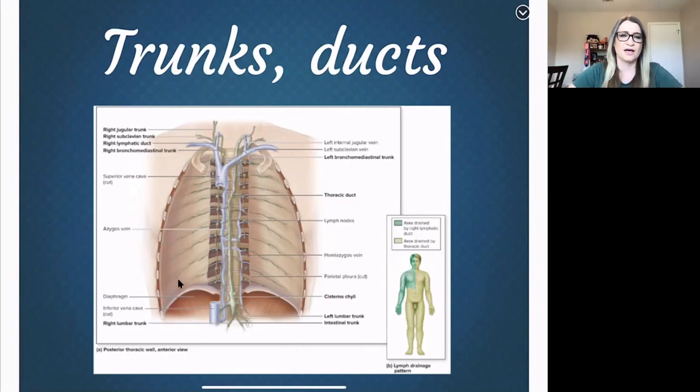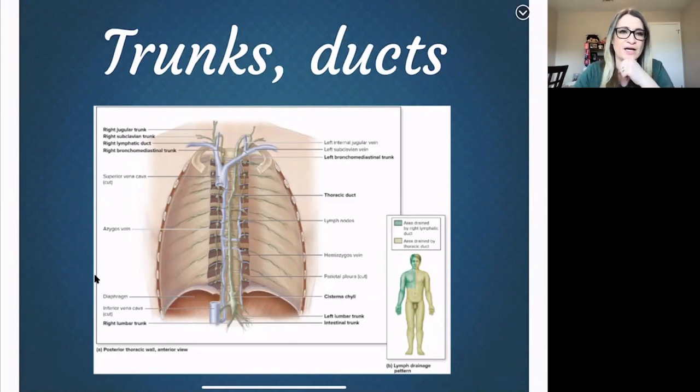So that's that. You can see the thoracic duct really well on this, and you can see that it's actually pretty large compared to the right lymphatic duct. The right lymphatic duct is a very short vessel, really, a lymphatic vessel that is a result of a merger of several different trunks there. But the thoracic duct is going to run through your whole thoracic cavity from that cisterna chyli up towards the subclavian